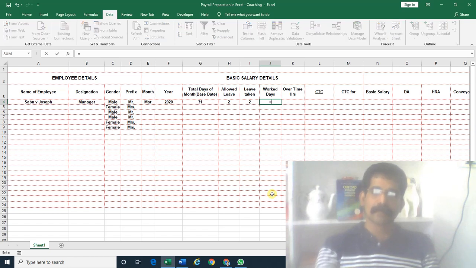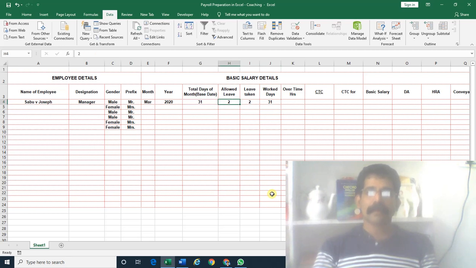Work days means total days minus leave taken plus allowed leave, because here allowed leave is 2, he has availed 2 leave, so there is no loss of pay. If he has taken 3 leave, 1 day he will lose, so the work days will be 30. See.